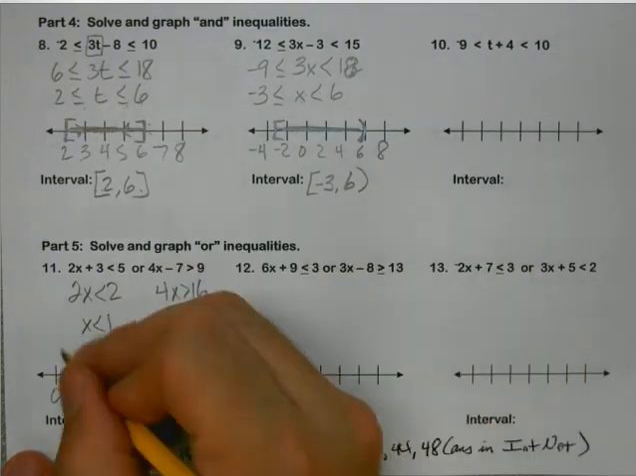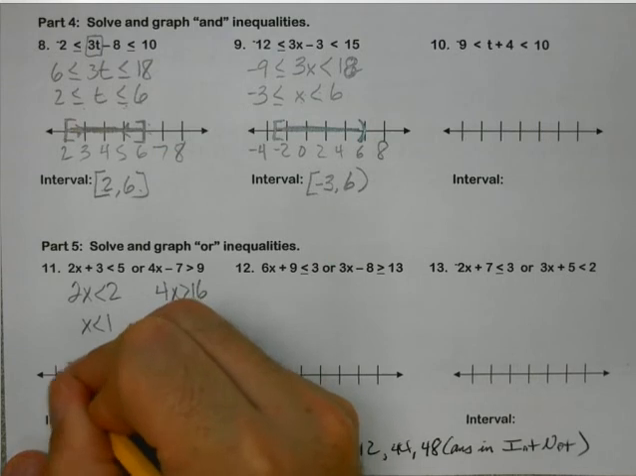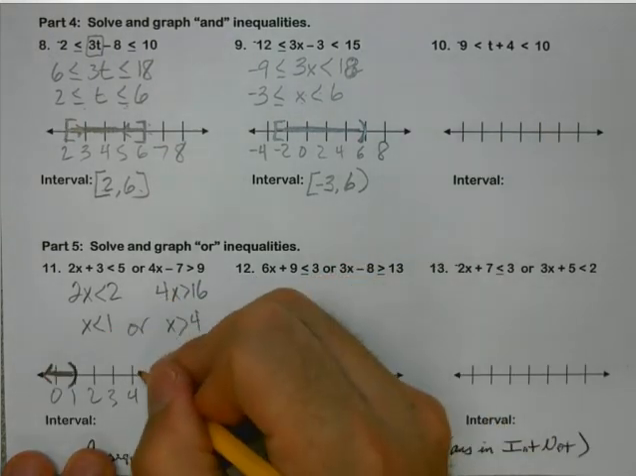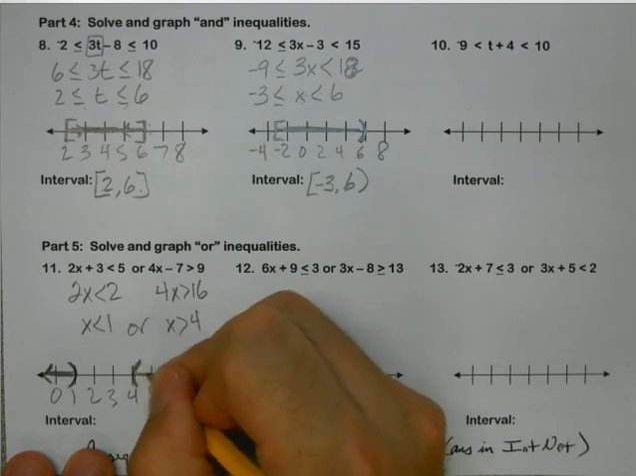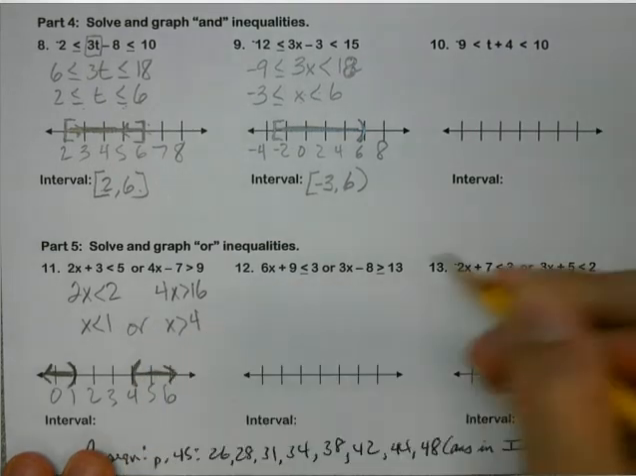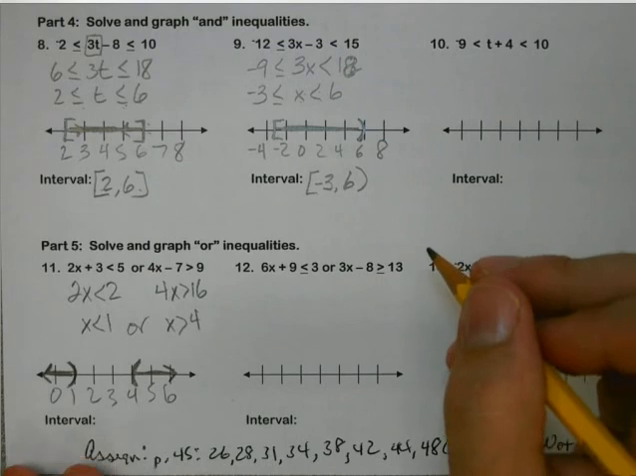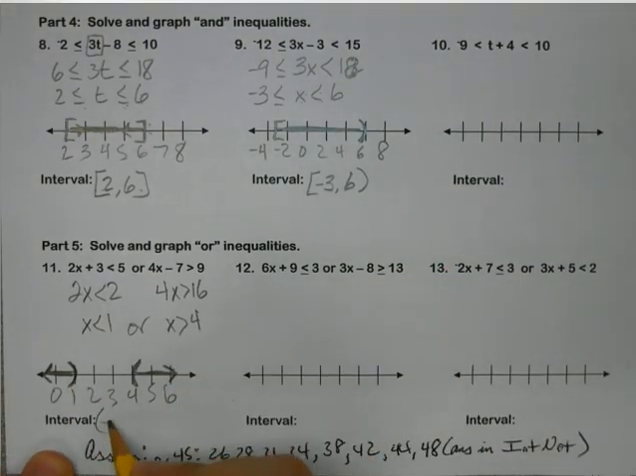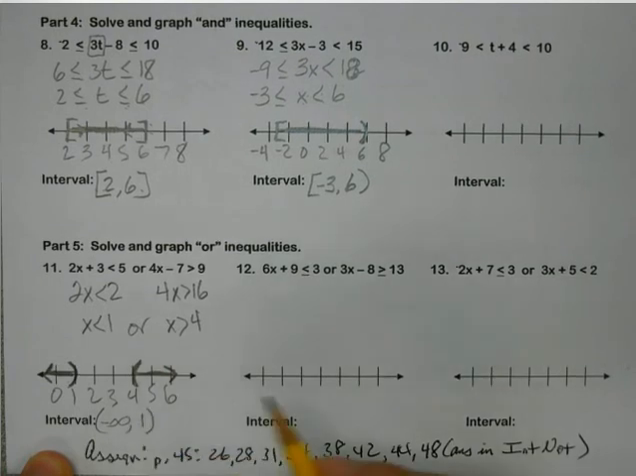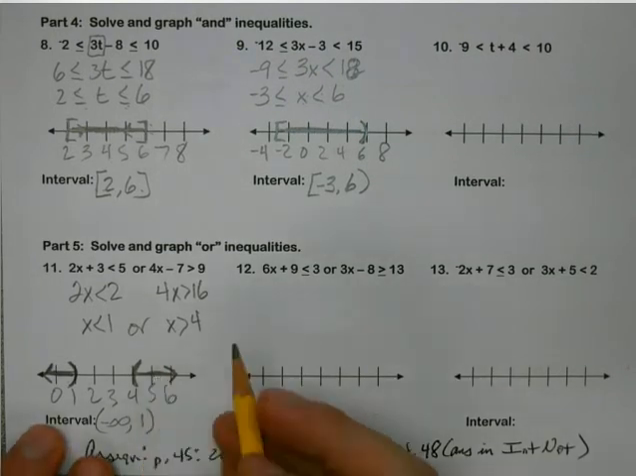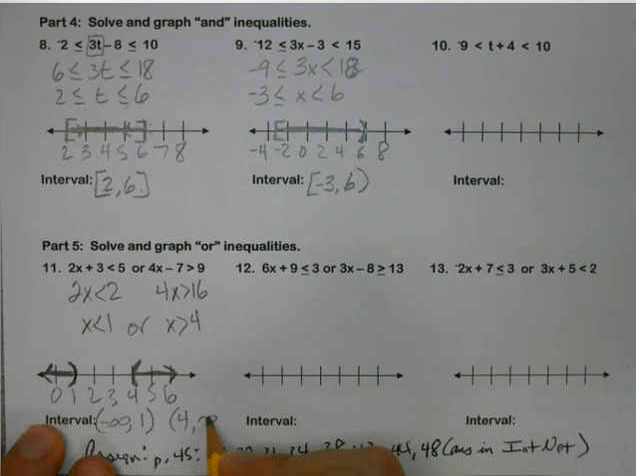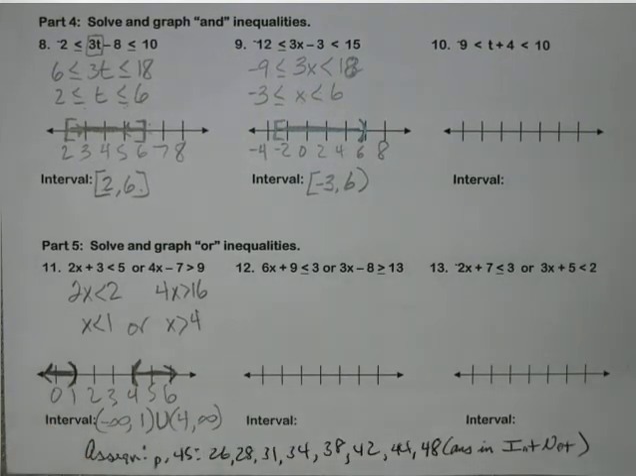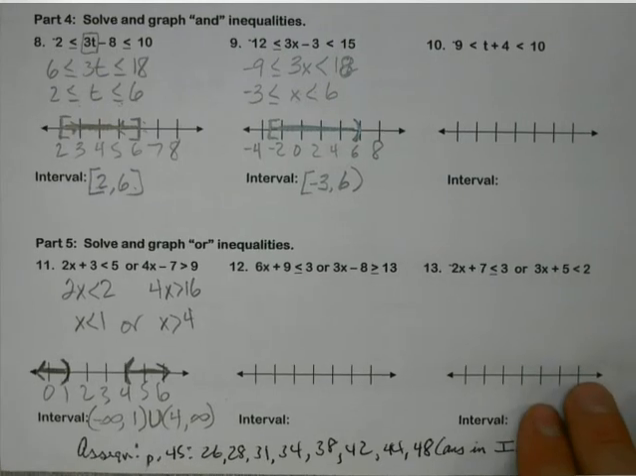X is less than 1. Less than goes left. X is greater than 4. They separate just like we thought, and again, like we did up above, do them in pieces. Just do the interval notation for this first, which would be negative infinity to 1. Do your interval notation for the right part, from 4 to infinity. And again, I need to bring those together, so that's a union. Okay. And then 13